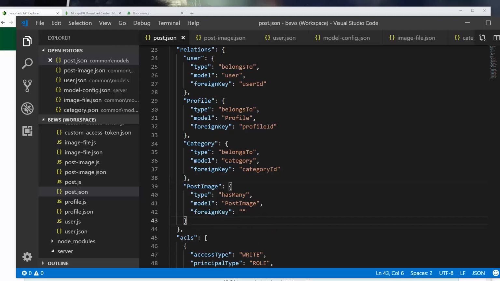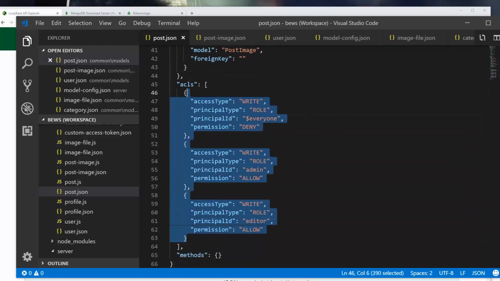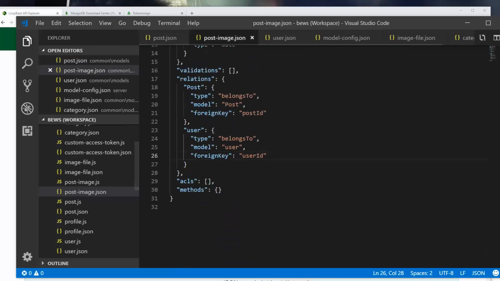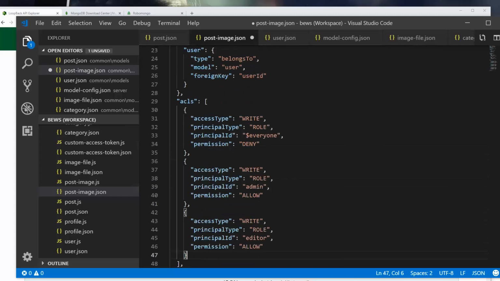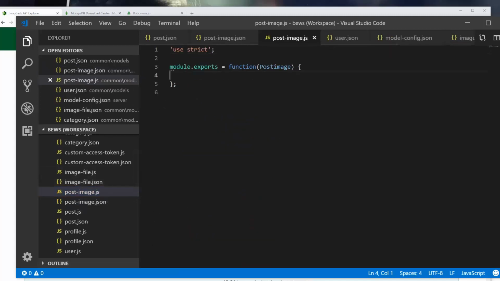post image. So the post now has many post images, and we'll discuss that and how that will work in the future. But also, we're now going to copy these ACLs, and I'm going to copy it into the postimage.json file. So we're now going to allow an admin and an editor to write post images, which means they're going to be able to upload the post image on the post edit page. And I guess that's all we'll need for right now. I guess in the next video we'll actually talk about remote methods and how to create an upload function for